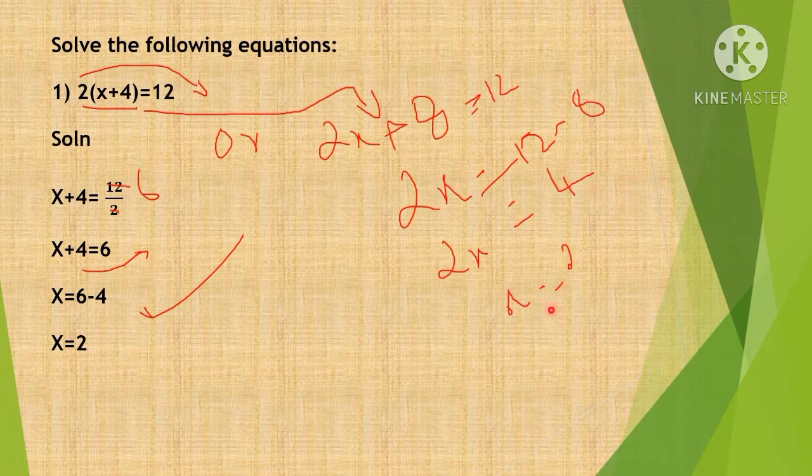So both methods, when you solve it, you will be getting the same answer. So you can choose any one method. Better you follow the first method because that is a simple, easy method, right? So which is convenient for you, which is easy for you, you can follow that. So for maths, you don't need to learn anything by heart. There are many methods to solve the equation. So which is easy for you, you can follow that method. Anyway, both answers are same. Okay children, now let's see the next problem.